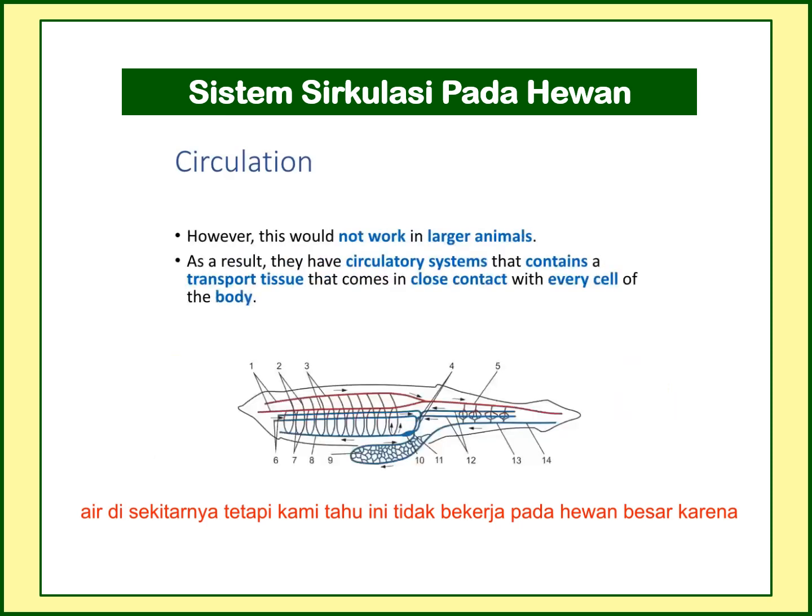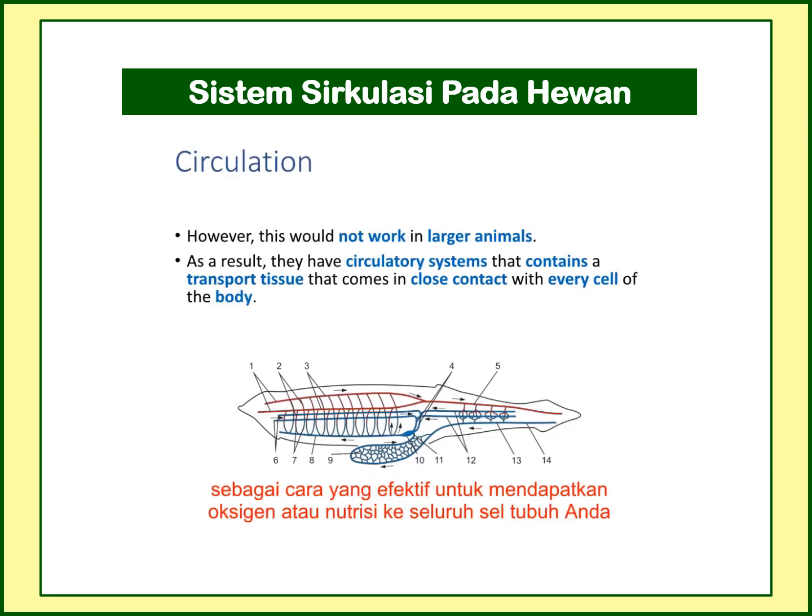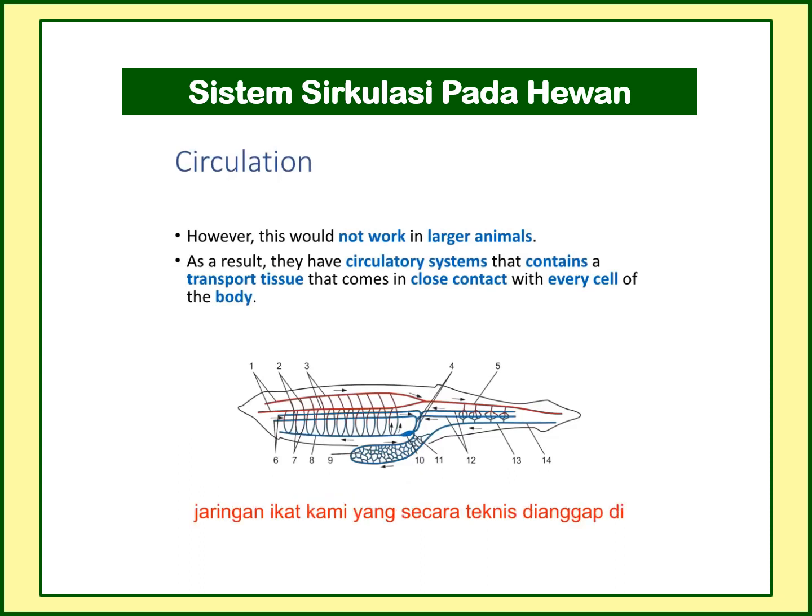But we know this doesn't work in large animals because remember that you can only be a few cell layers thick for diffusion to really be an effective means of getting oxygen or nutrients to all of your body cells. And so what we see is the evolution of circulatory systems that contain some sort of transport tissue. So blood and hemolymph, which we'll be talking about, are technically considered connective tissues in the body, and they are